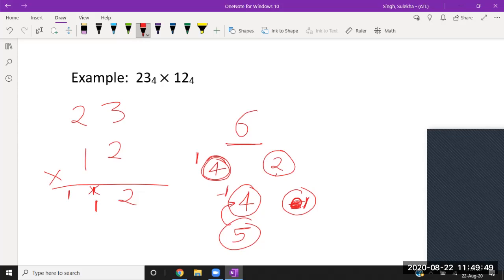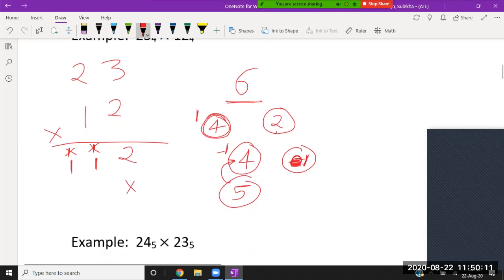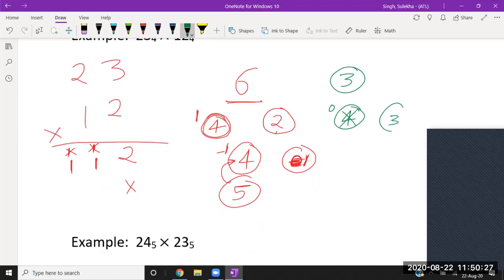Now I don't have anything to multiply, so I will write this carry as a number at the end. So when I multiply 23 base 4 into 2 base 4, I am getting 1, 1, 2. And I need to shift one place to my left. Again, I will do the calculation for the multiplication of 1. If I multiply 1 into 3, I am getting 3. I can't make a pair of 4 from 3, so my carry will be 0, and the remaining number I will get.